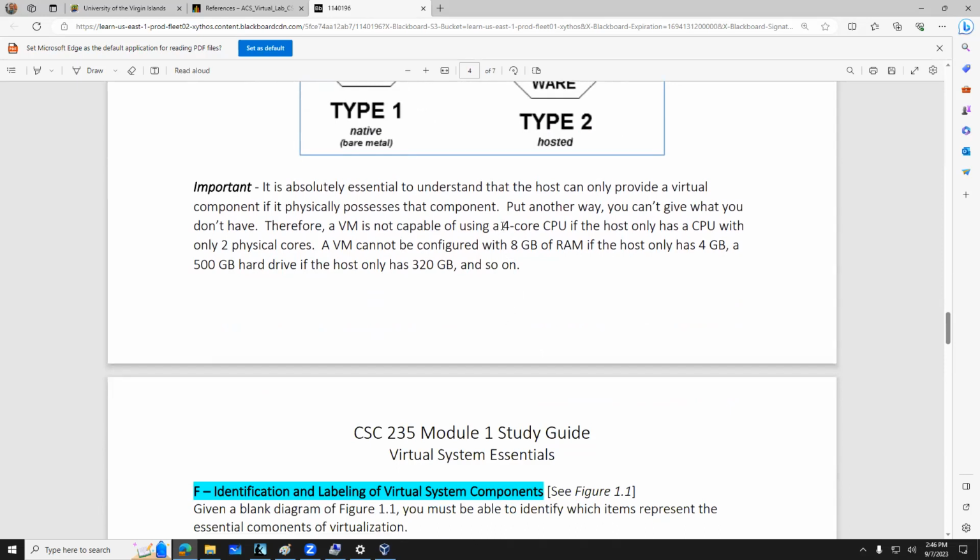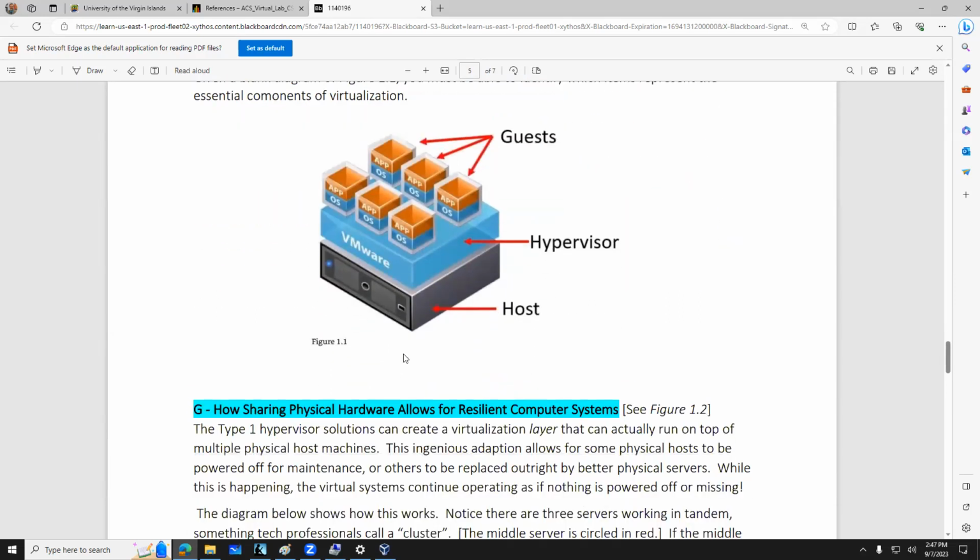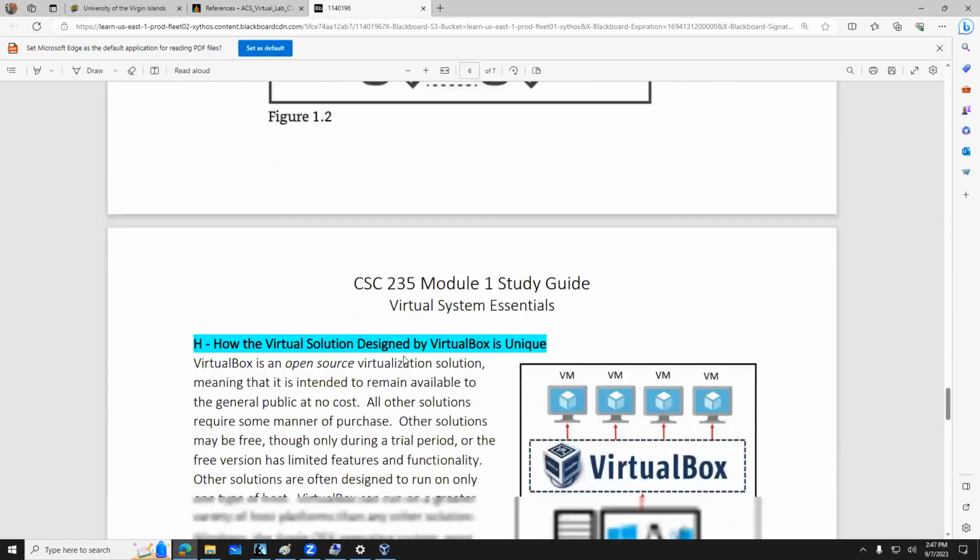If you have a CPU with 4 cores, you can't configure a virtual machine with 8 cores, right? If your physical machine only has 500 gigs of disk space, can you configure and build a terabyte drive for your virtual machine? No, cannot give what you do not have. Okay, so